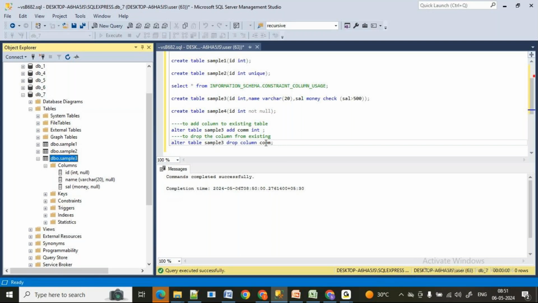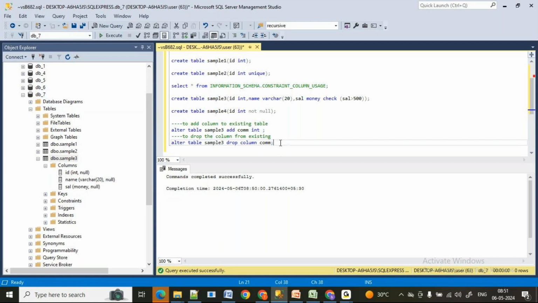You understood how to drop a column, how to add a column. Now, how do I drop a constraint? How do I add a constraint? That is our next motto. If you're talking about table definition, which is nothing but columns and all, we are using the alter command. What about constraints? Constraints also we are talking about the table definition only, right? So you have to use the alter command only.